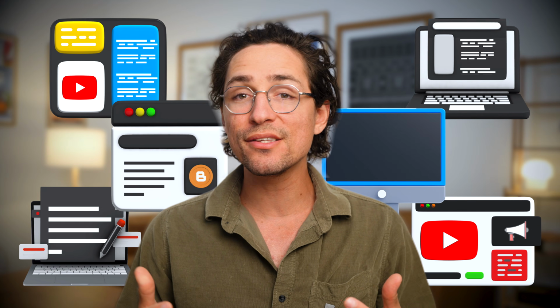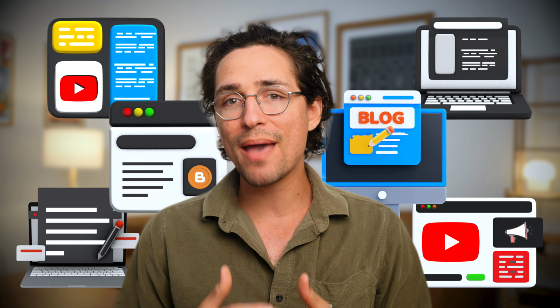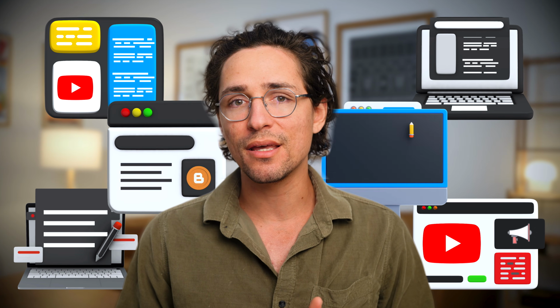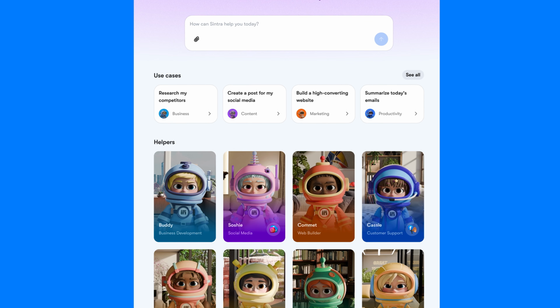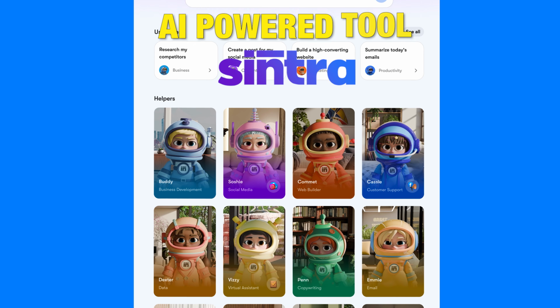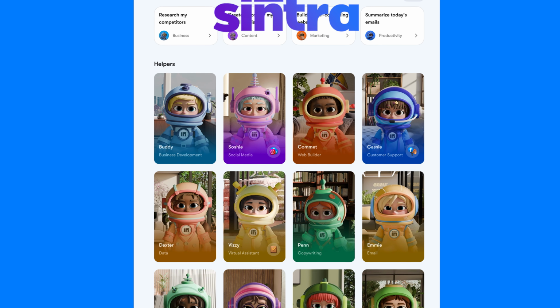Juggling multiple accounts, calendars, posts, and schedules, a social media manager's job is not easy. There just simply aren't enough hours in the day to chase clients and deadlines, all while still carefully crafting creative content. That's why I took a look at the AI power tool Sintra to see whether it can offer real-world